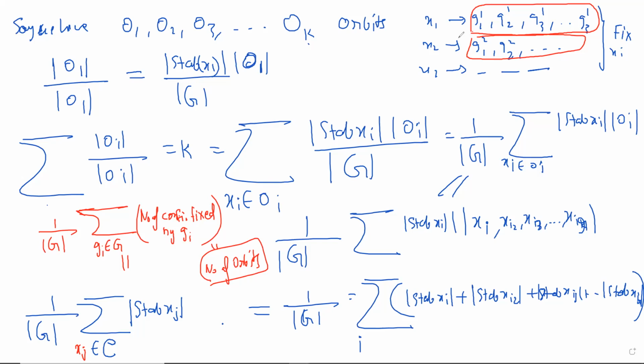Something in x2, x3, yeah, maybe. It's possible that this G21 may be equal to G11. I am writing it as different because I want to be safe. And you will get the same summation in the end if you add it over all the motions. So it's a double counting. Whether you add it over all the motions and see how many things each motion fixes, or you add it over all the configurations and see which motions fix that configuration, you get the same thing. This is the general idea about double counting.